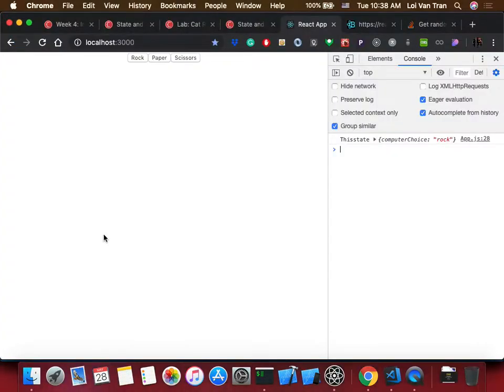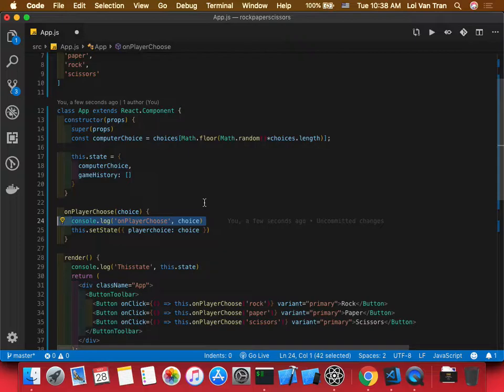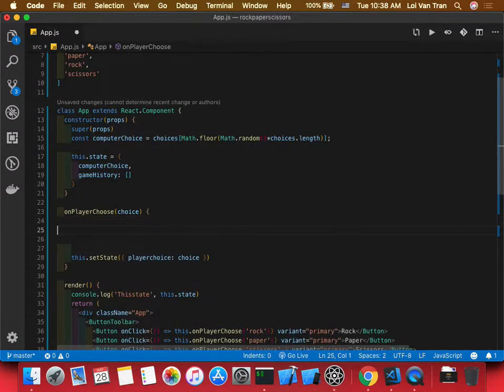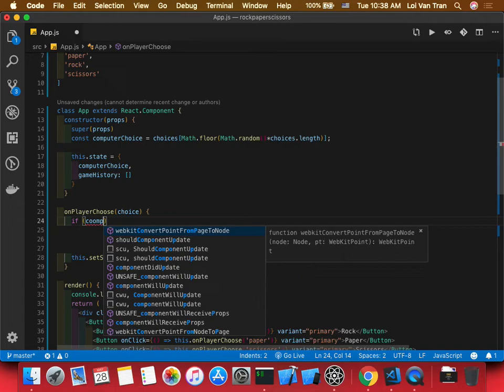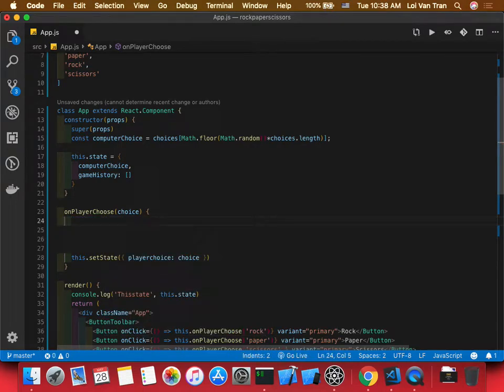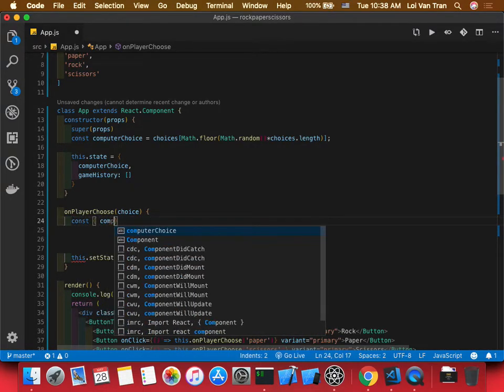Okay, so we've confirmed that the user can select something. Okay? So now on our player's choice, we're going to run some conditional logic. So the first thing I think would make sense is that if the player and the computer chose the same thing, we should automatically say that the result is a tie. So if computer choice, oh my bad, we got to get that state first. Okay, const computer choice